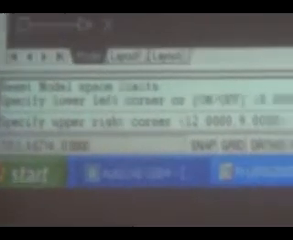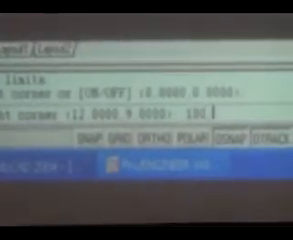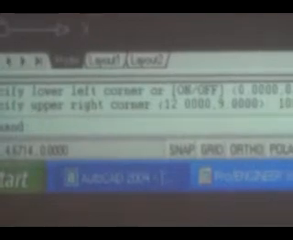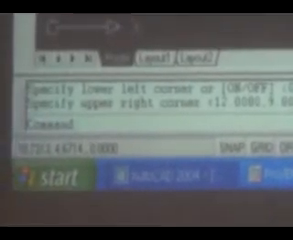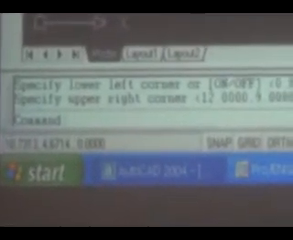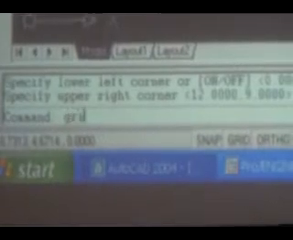So suppose I want 100, 100. This is the limit. So whatever area you are going to work, you can set it. That's something like a sheet which you want to set. So once I have set the limit, if you want to show something like a graph sheet, grid points,